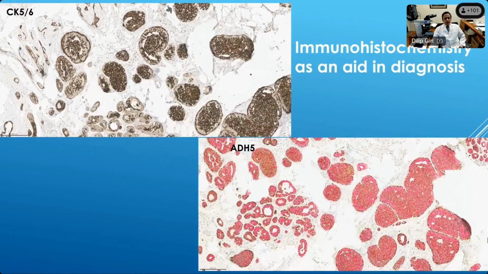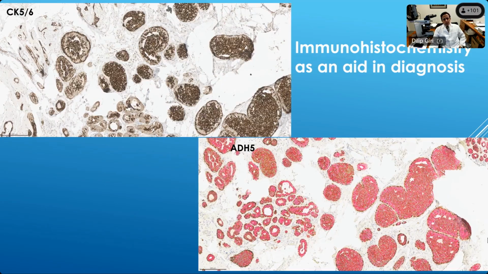And if you have any difficulty, certainly in the United States, we do use immunohistochemical aids in supporting our diagnosis in difficult cases. So this case is not that difficult, but as a teaching point, I'm showing you the use of a stain called CK5/6, which will show a mosaic kind of staining pattern, which is typical of usual ductal hyperplasia. This kind of staining will be absent in most instances of ADH or atypical ductal hyperplasia